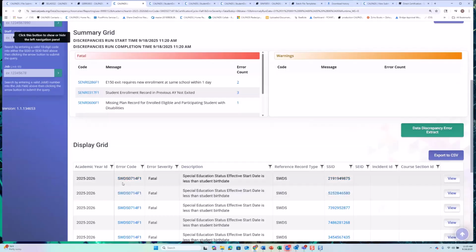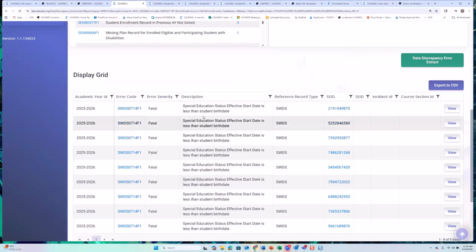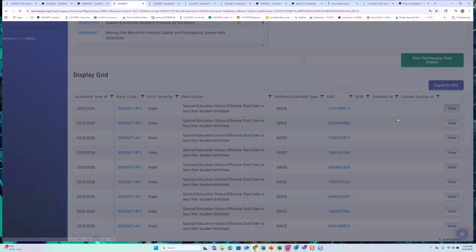So, I'm not all that familiar with SWDS 0714F1, so I'm not going to make an honest effort of resolving these, but it says special education effective start date is less than the student's birth date. The reason why I selected these errors, though, is the SWDS is the reference file type, and it's telling us the effective start date is less than the status effective start date. So the status effective start date